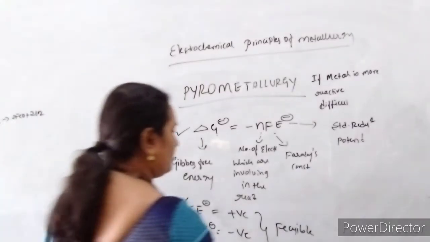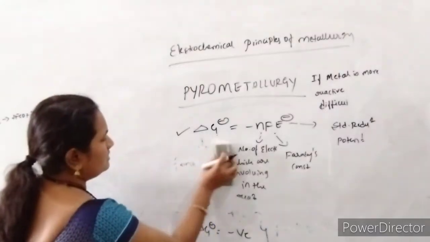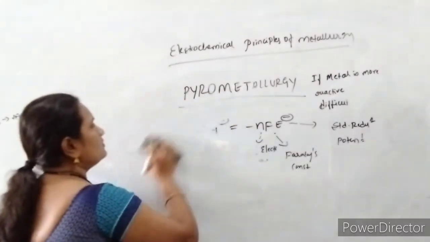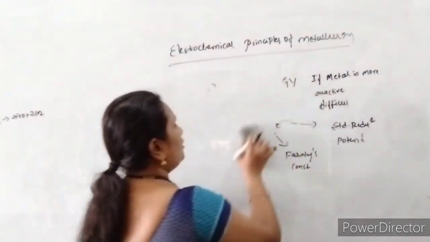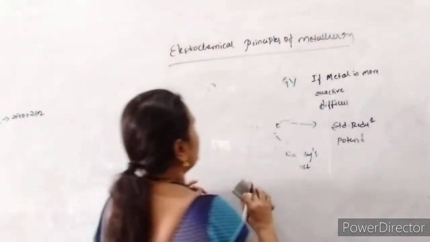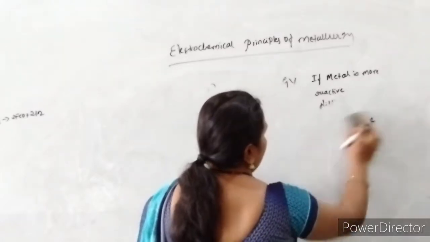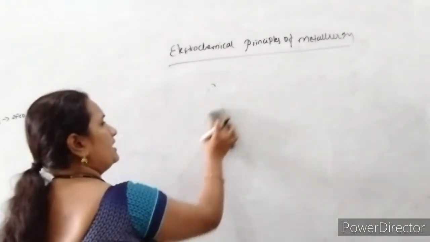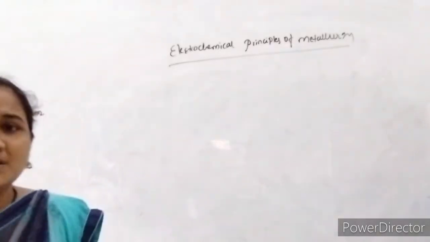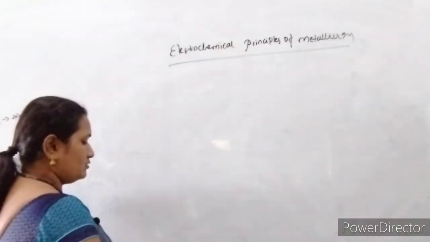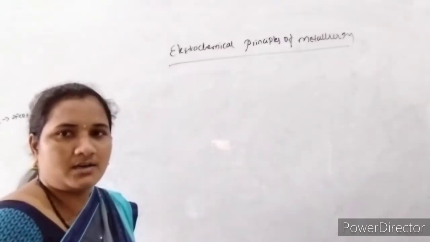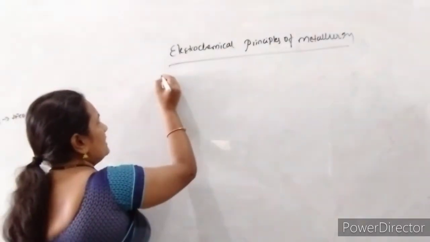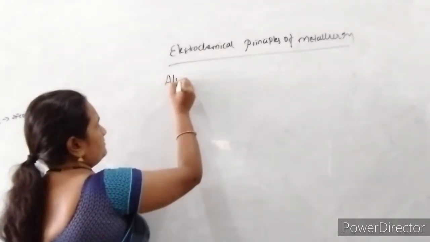So that's why, one of the important applications of this is the extraction of aluminium from its ore. That is coming under this topic, the application of electrochemical principles. If you are applying electrochemical principles, the electrochemical reactions must occur, meaning electrolysis will occur in the reaction. So that is the extraction of aluminium.